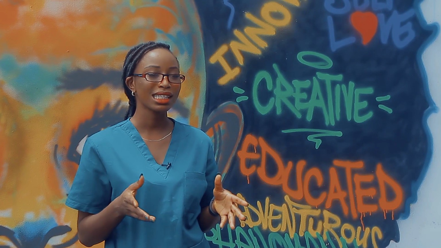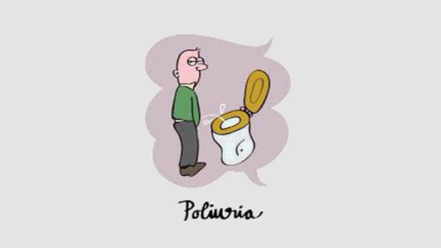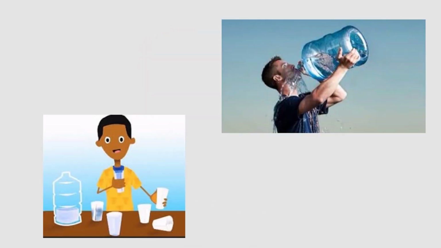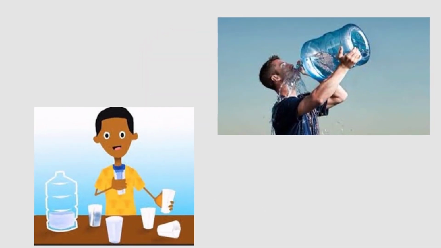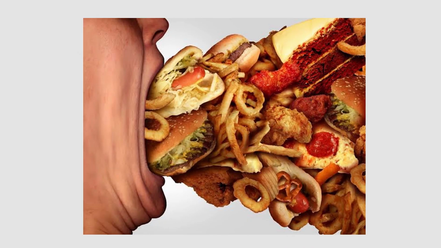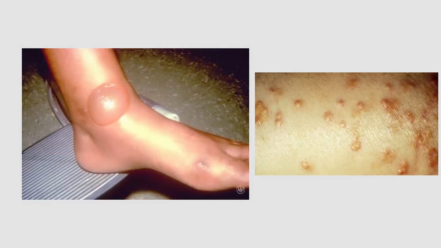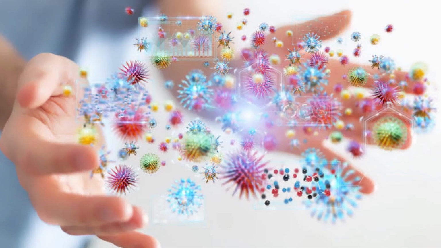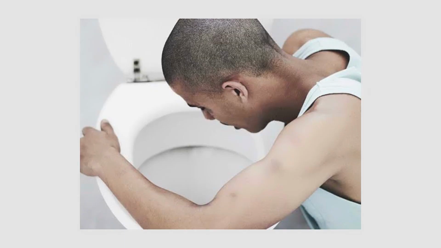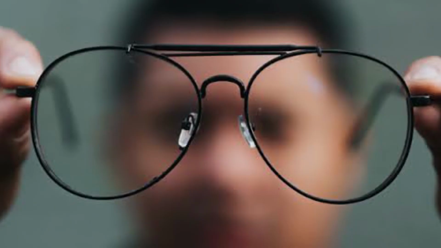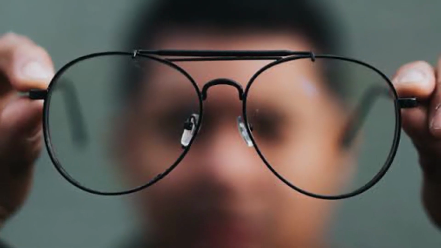So what are the symptoms of diabetes? These are the symptoms. You have polyuria, which is increase in urine, polydipsia, increase in thirst, polyphagia, that means increase in hunger, then weight loss, tiredness, very dry skin, sores, more infection than usual, sometimes nausea, vomiting, or stomach pain, and blurred vision.